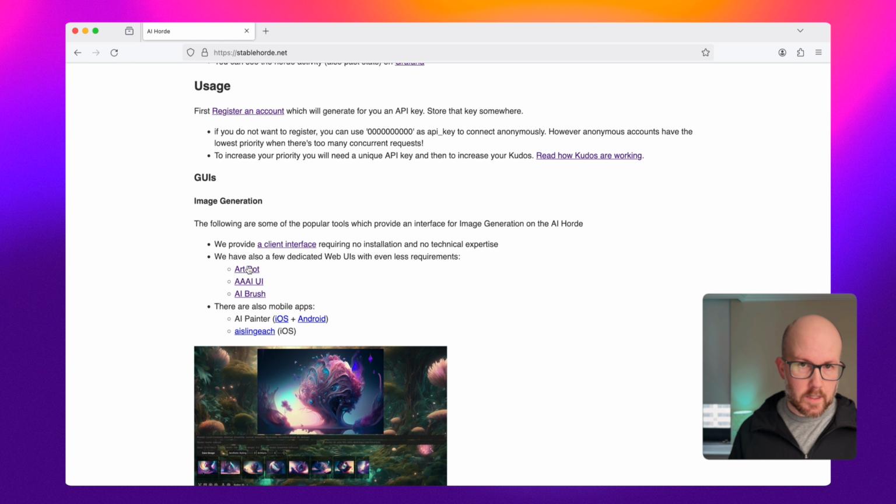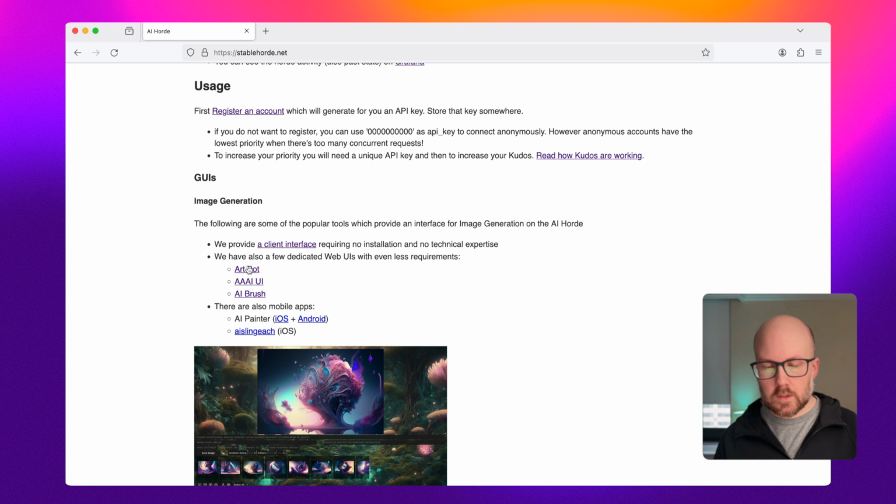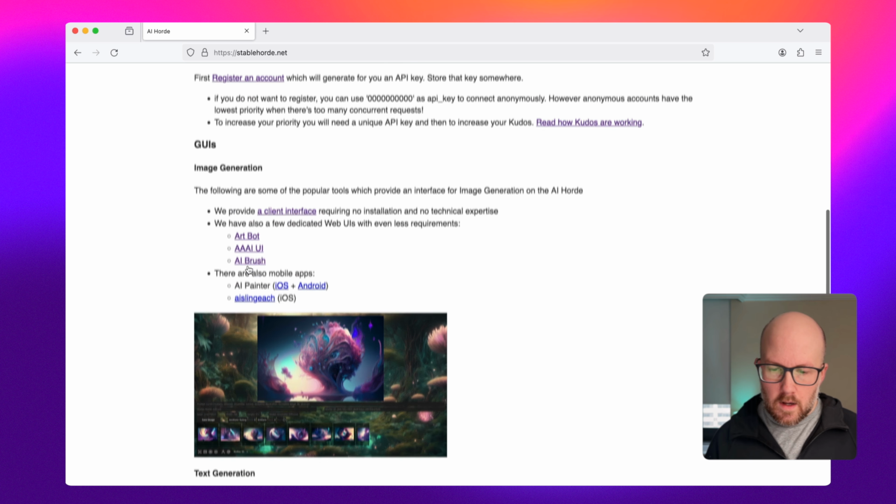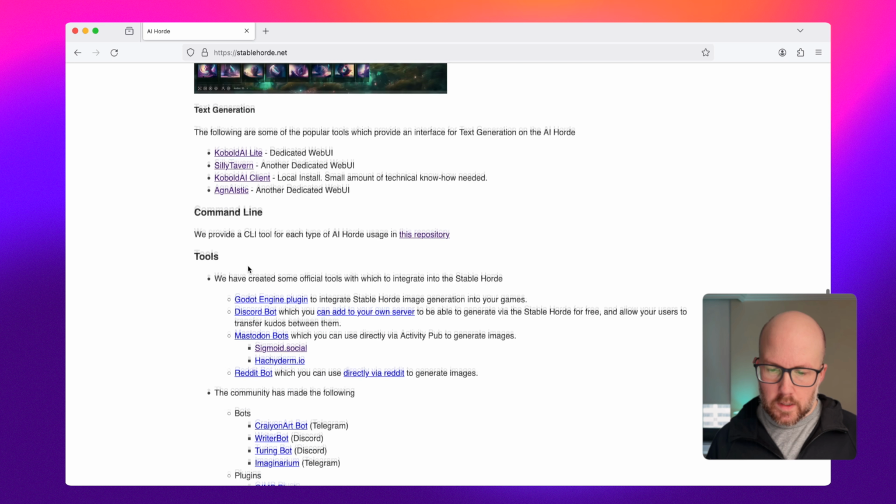Basically you could bank up Kudos if you wanted, and then use that to generate images, say if you're on a different machine, a laptop for instance, and you're away from your computer. Of course there's definitely different ways that you can access an old computer, but yeah,